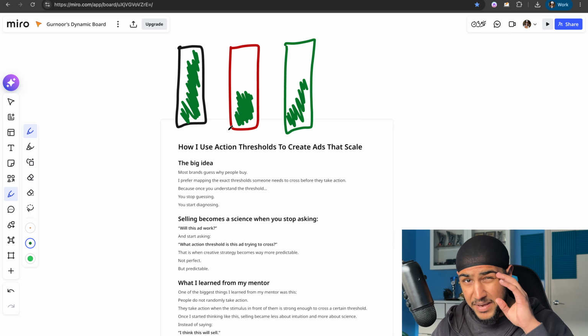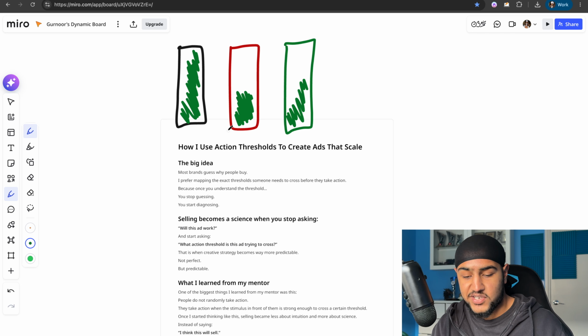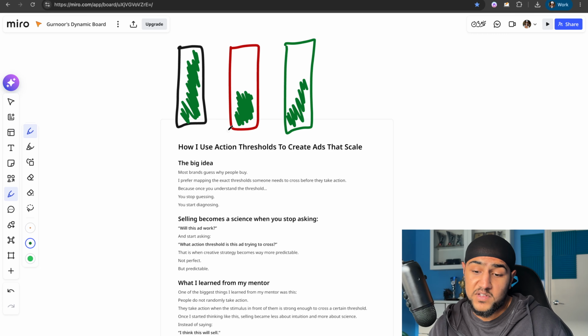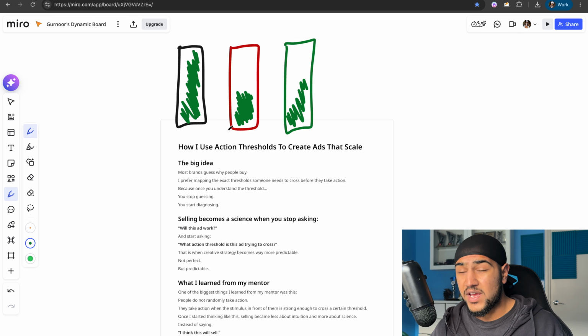If you can embed this into how you write ads, how you make funnels, how you sell your product, it makes it 10 times easier because it turns it into more of a math and a science rather than you relying on intuition. Like, okay, I hope this will sell, or I think this will sell, I think this won't sell. It's very confusing when you're just thinking from an intuition perspective, right? And that just comes with a lot of experience. If you have like 5-10 years of marketing experience, maybe that can work. But if you don't, then you have to rely on something I call action thresholds.